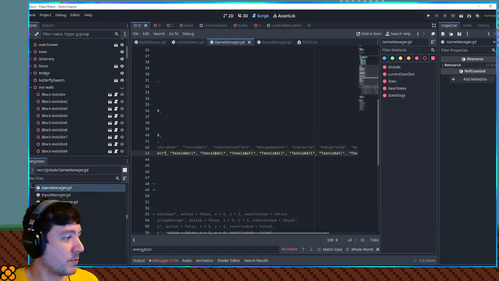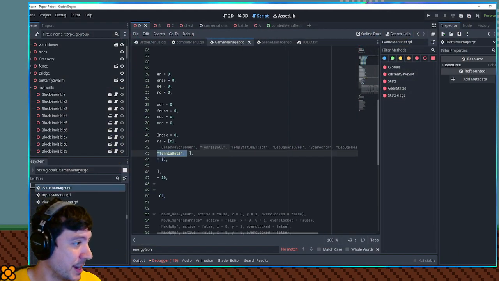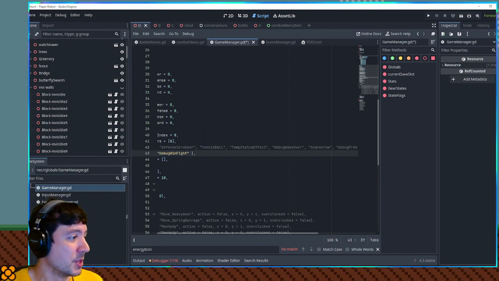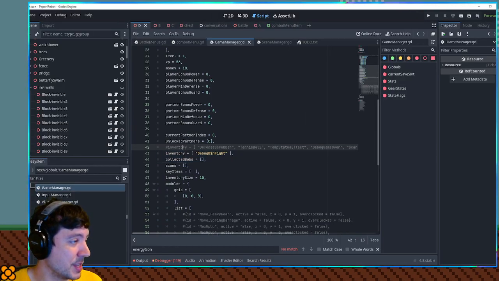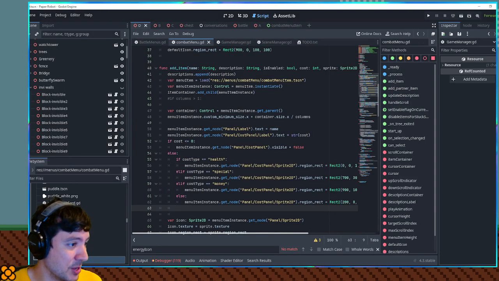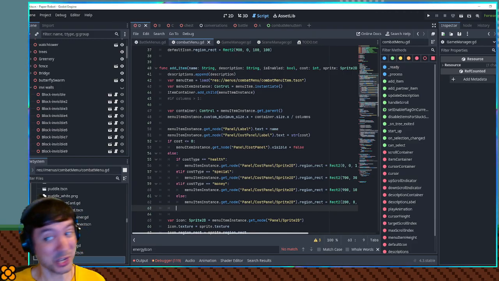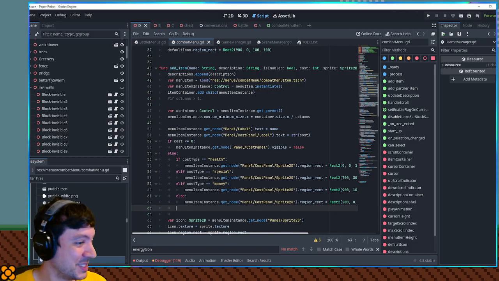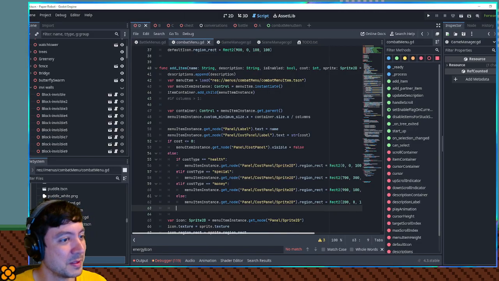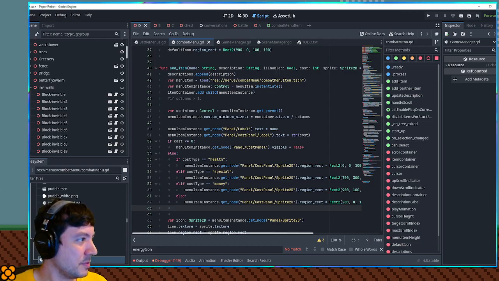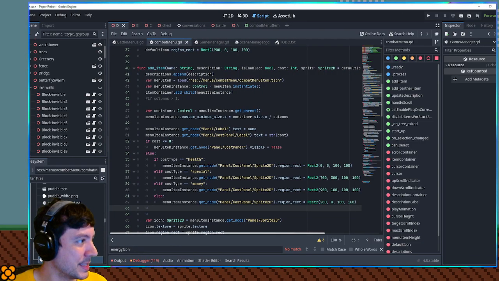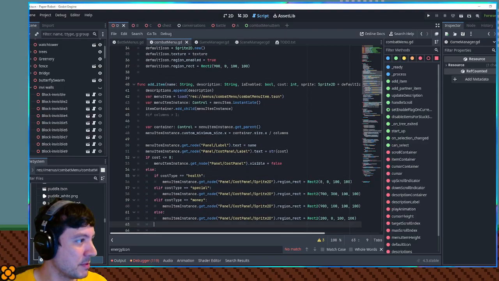Okay, so we've confirmed now that it is 100% tied to the number of items generated in the menu. It's an RPG. You're gonna have to talk to some people. Okay, why is it that the number of items created